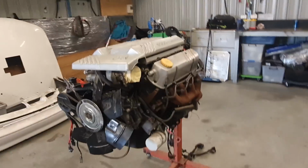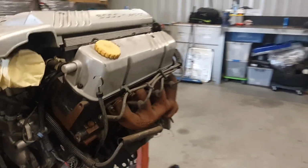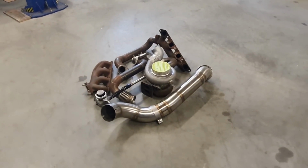It doesn't matter really. I just bought it as a motor to put in the car initially and just test the turbo kit and basically just get the car going, and then we can put the good stroker motor in after everything's proven, and I've got a few more bits for it. But anyway, here it is, and I just want to go over what's involved in making a little setup like